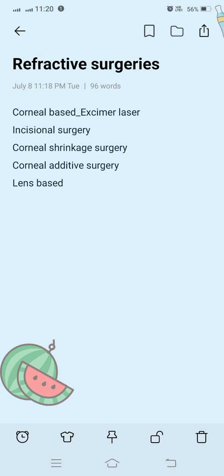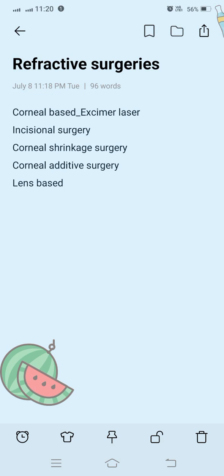Bismillahirrahmanirrahim. So we are going to discuss the refractive surgery options. First of all, corneal based excimer laser. The categories in which the excimer laser is used involve photorefractive keratectomy,